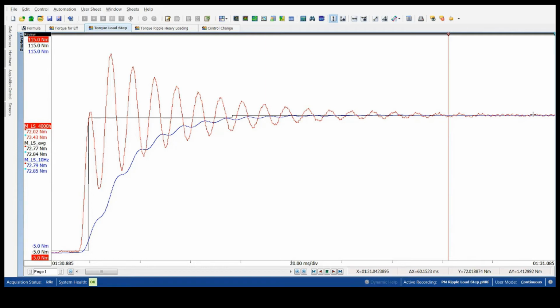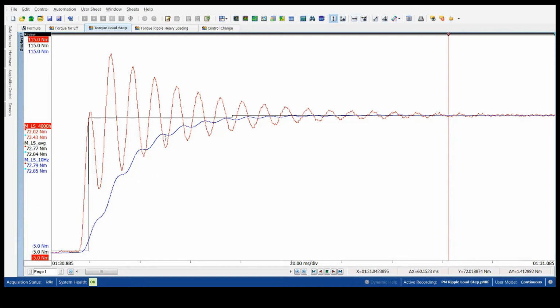With the dynamic torque, we also know the exact timing of when torque is applied. Systems that have filter have a phase delay. The first thing that should catch your attention is the delay between the red full bandwidth signal and the blue filtered signal when the load step is applied. The rise time is severely delayed with the low filter setting, and all the dynamics are lost with the blue